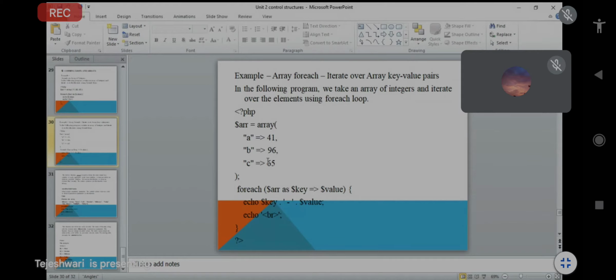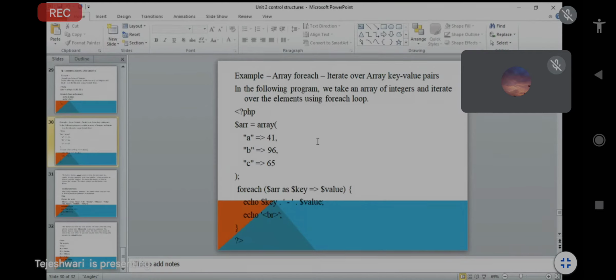There is no string value, it is just integer values, 41, 96, 65. So a is equal to 41, b is equal to 96, and we just assign the values for a, b and c.